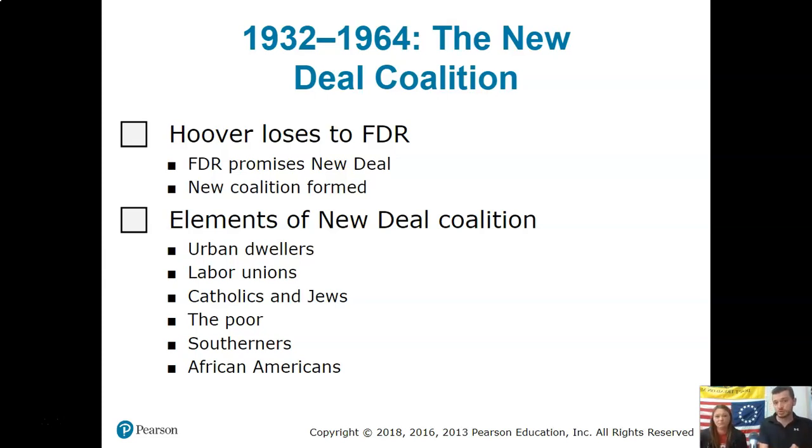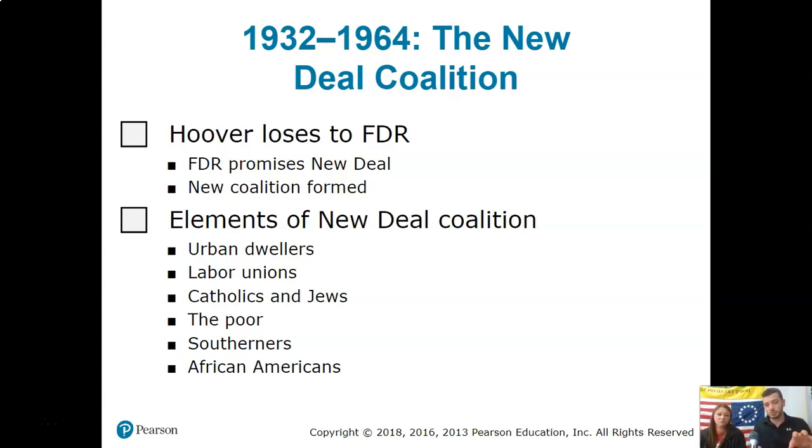This is going to cause a new coalition to be formed. The Democrats are not really going to help us get out of the Depression, but people are going to be like, hey, they're trying stuff. Great job. They're going to be elected for the next 20 years. Think about it: FDR takes over, he promises the New Deal, we start seeing these New Deal policies being implemented, and so government is starting to get bigger. The tasks that the government is taking care of are getting a lot bigger. So think now, Democrats, big government. This is where we start to see that emerging. That's a good point. Thank you for pointing that out.